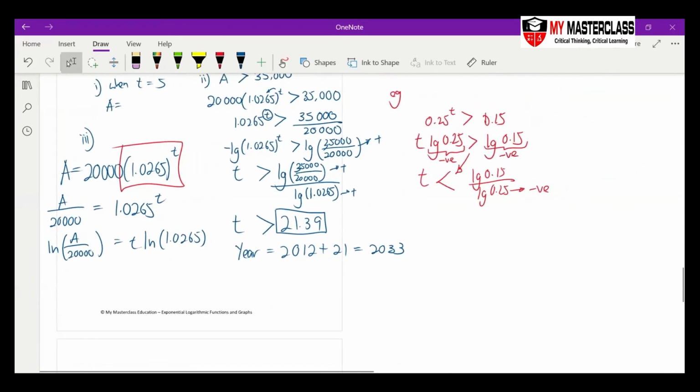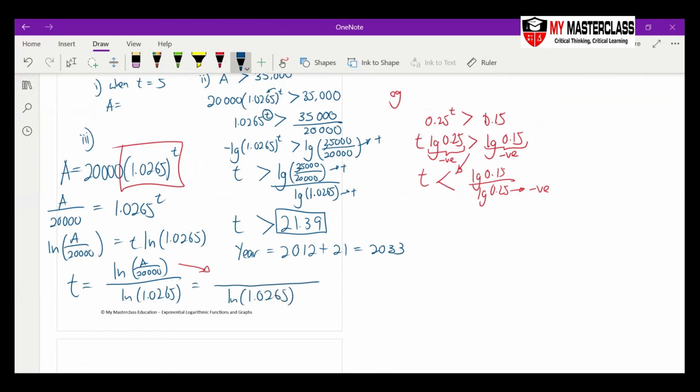Then the exact answer would be t equals ln of A over 20,000, over ln 1.0265. This is not very nice. Can you tell me the numerator can change to what? Rule of logarithm. Yeah, ln of u over v is equal to